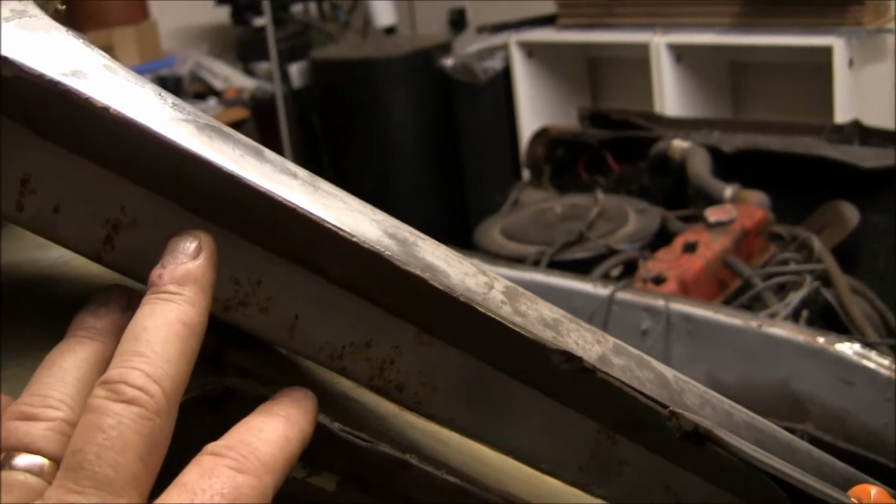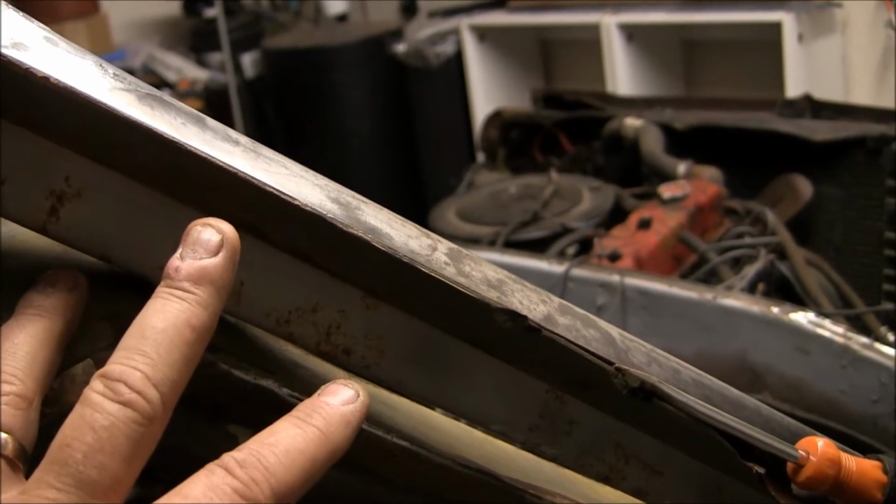Now on the inside, there are also some spot welds. And let me see if I can do this here. Yeah, here we go. Yikes. I'm going to be cutting these spot welds loose on the inside. So you can see where the interior section of the A-pillar goes all the way up and ties into the upper roof brace right here. It's kind of dark, but I hope you can see. But basically what I wanted to show you was the spot welds right here. So as I'm cutting the spot welds loose on the outside, I'm also going to cut them loose on the inside. And once I get them cut loose on the inside, I should be able to